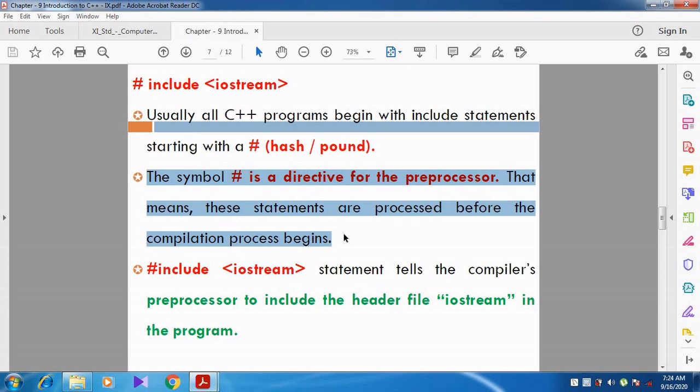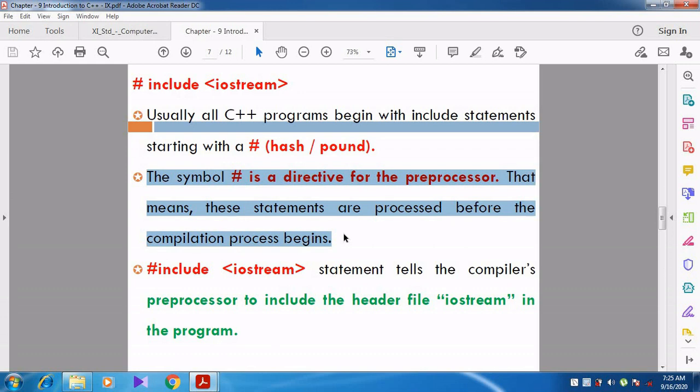And then it is informing that you want to include the iostream header file in this particular program. So that is the meaning of that. Hash means preprocessor directive.